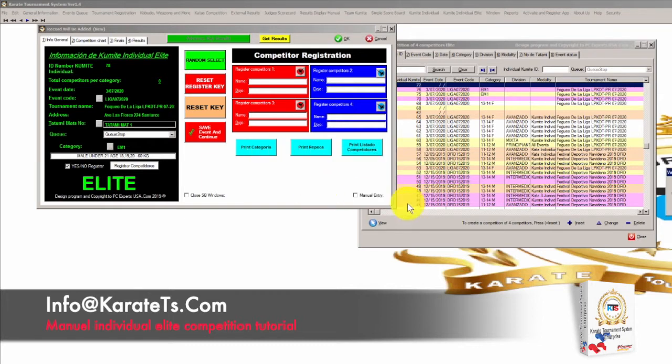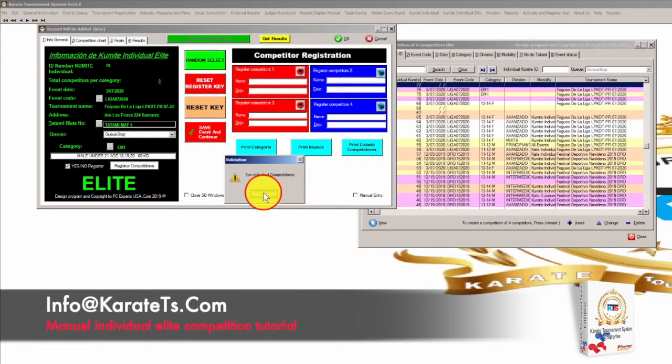If I click OK, it will give you an additional warning, reminding you, hey, are you sure? You should pick these competitors manually because you have more than 4. What this means is, if you go random right now and you had 8 competitors, it will pick randomly 4 competitors from the 8, but the other 4 competitors will not be shown on this chart. So you need to know that, because if you want to have the whole 8 competitors on a chart, you need to change to the other chart, which is the 8 competitors chart. But in this case, we're just gonna